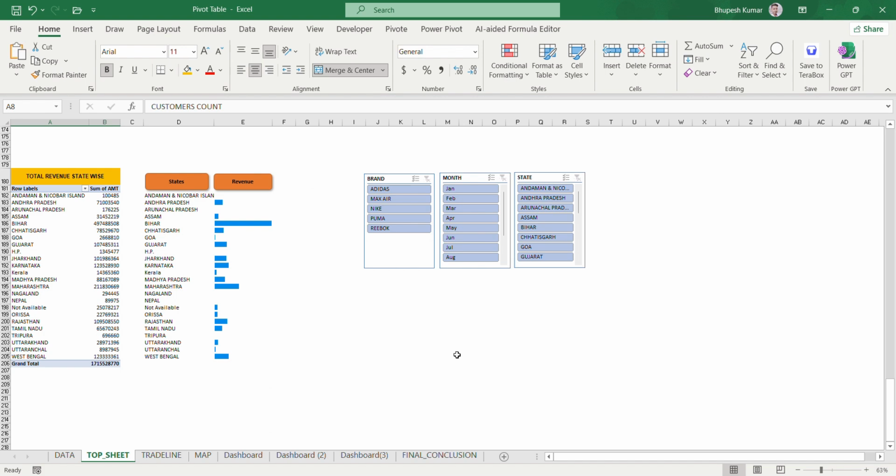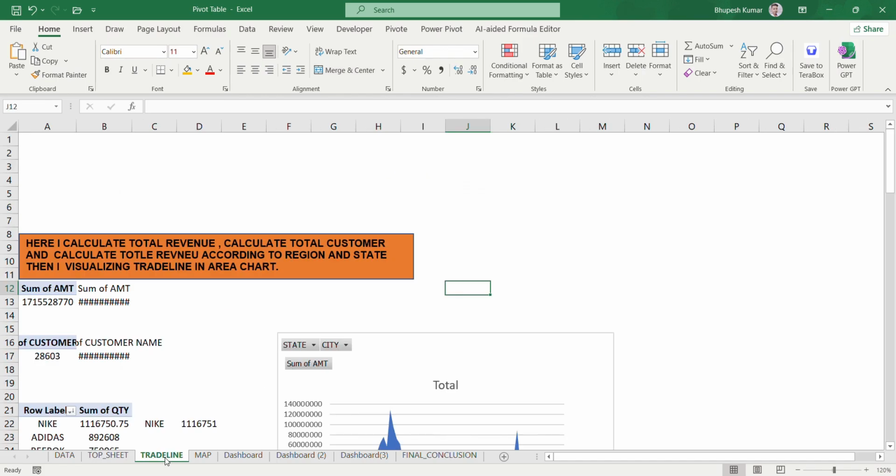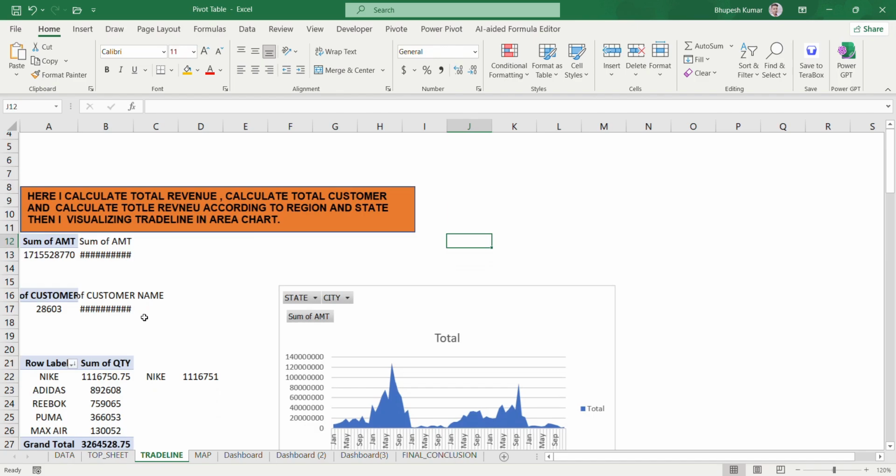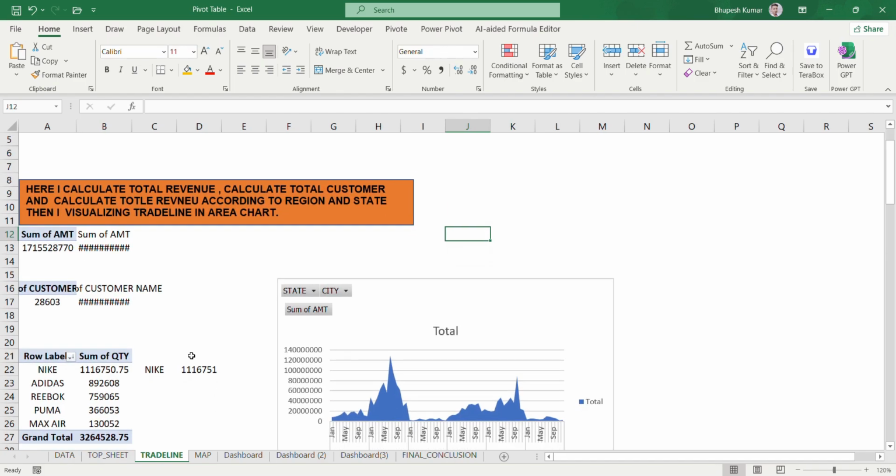Now I move forward to the next sheet, which is trade line sheet. Here I calculate total revenue, total customer revenue according to region and state in different pivot tables, and visualizing trade line by using area chart.